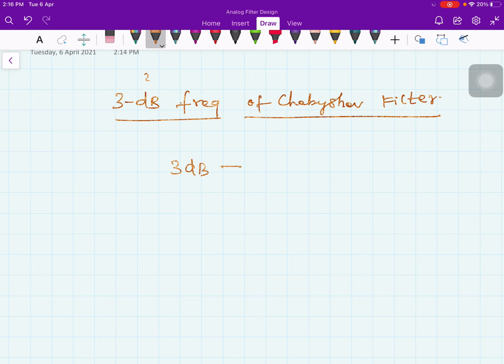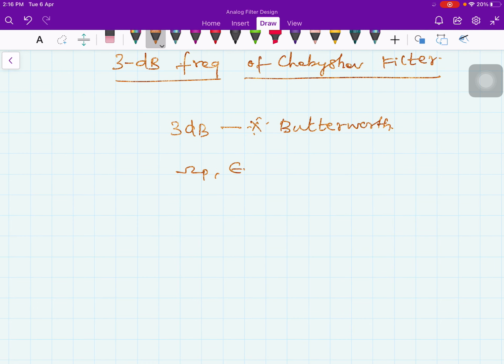Okay, this is important in Butterworth filter, but it is not important in Chebyshev. Okay, in Chebyshev, what are important are omega p and epsilon. Okay, if someone asks you to find out a 3 dB frequency, then obviously the equation defining the 3 dB frequency would be